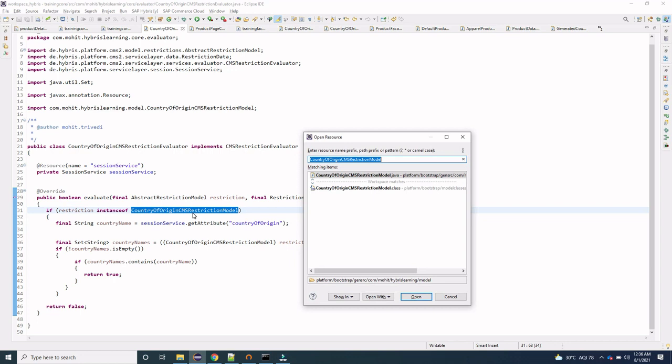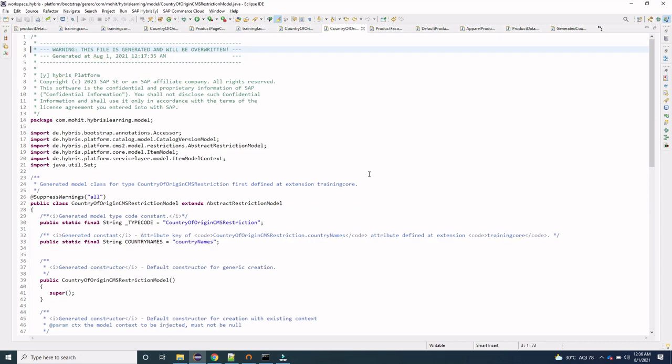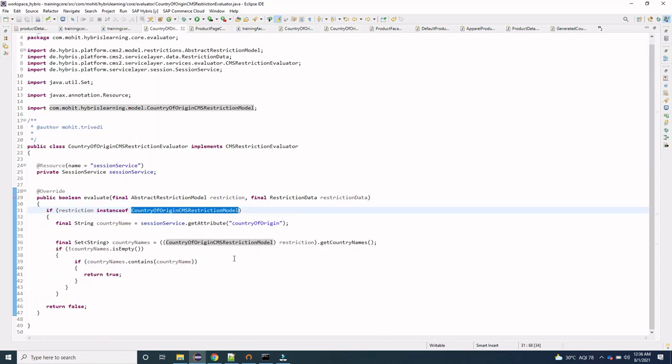So if I show you, we have this model already created, right? And if you check this model, here we have the country names, right? And it is of the type country of origin CMS restriction. So we have defined this, right?